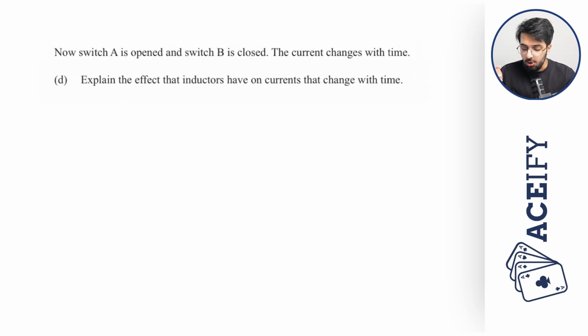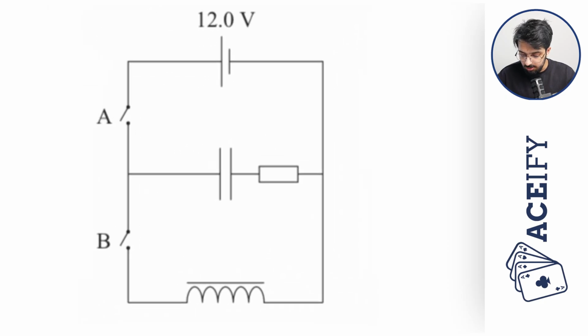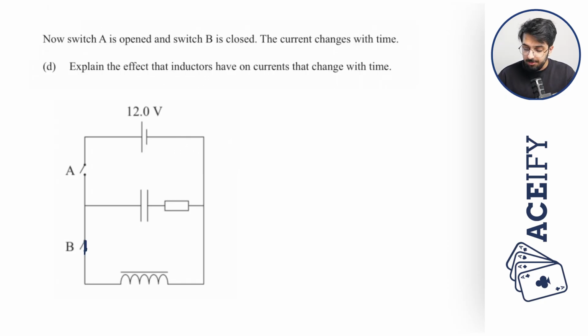Now switch A is opened and switch B is closed. The current changes with time. Explain the effect that inductors have on the currents that change with time. Looking at this diagram, switch A is open, but switch B is closed. If the current is changing, then the flux within the inductor is also changing,